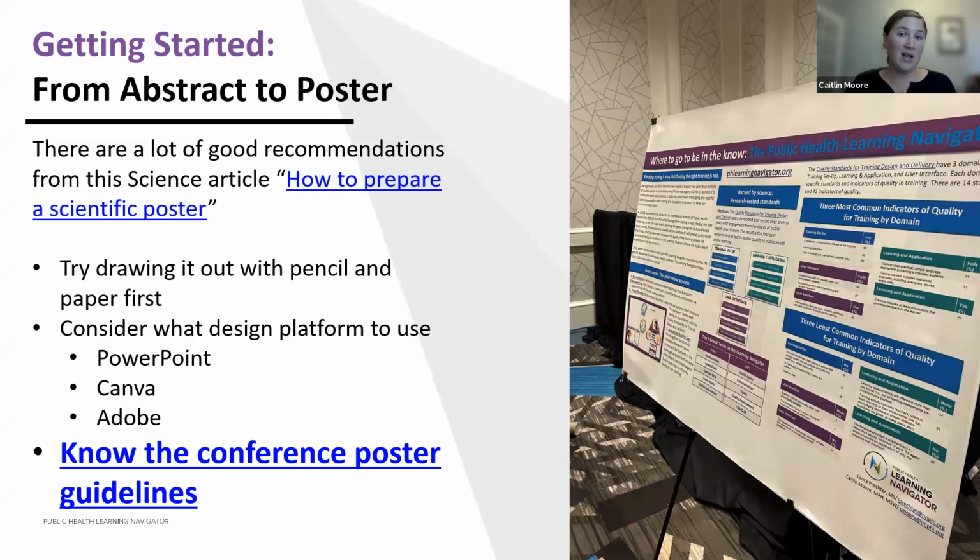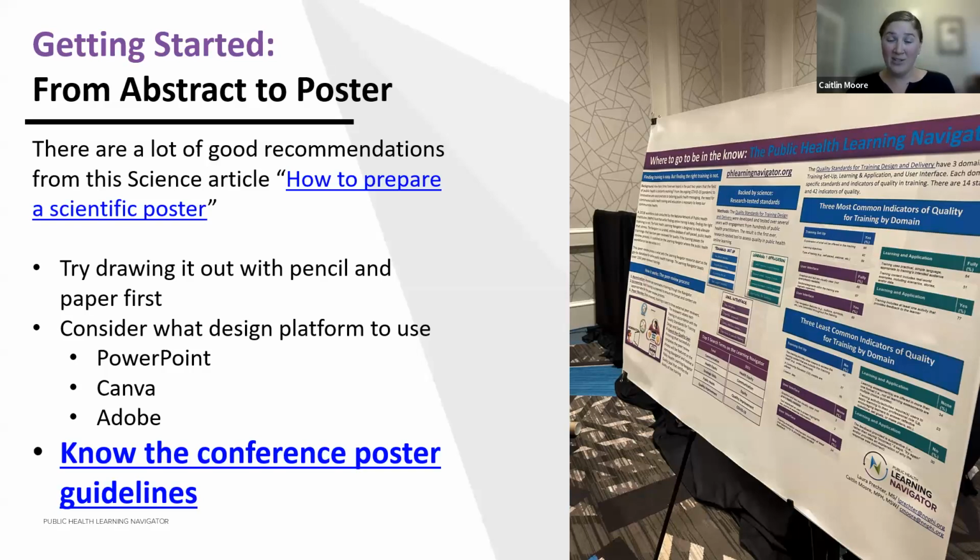how to prepare a scientific poster. They recommend potentially starting with a piece of paper and drawing out how you want your poster to look. So once you get that general format in mind, you could think about using PowerPoint, Canva, or Adobe, which are some of the platforms we have used in the past to design a poster. Truthfully, I find PowerPoint to be the easiest to move things around, create text boxes and images. It's a highly efficient way, but if you don't have access to Microsoft Office, then you can look at Canva and Adobe or other great options, and there's plenty more online as well.